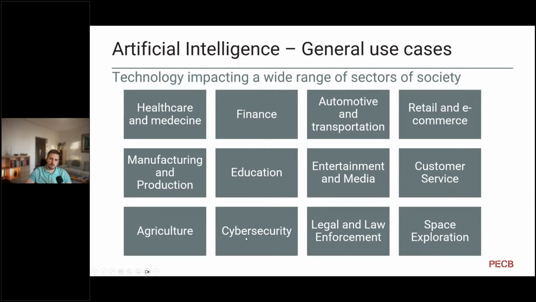So if we try to explain some use cases, starting with these domains, let's take, for example, healthcare and medicine. In this field of activity, artificial intelligence is very interesting to develop algorithms that can analyze medical images like X-rays, MRIs, CT scans. And this capability will help and is helping currently to diagnose diseases such as cancer or diabetes. So it is very important, and it speeds up the way that we detect these diseases.